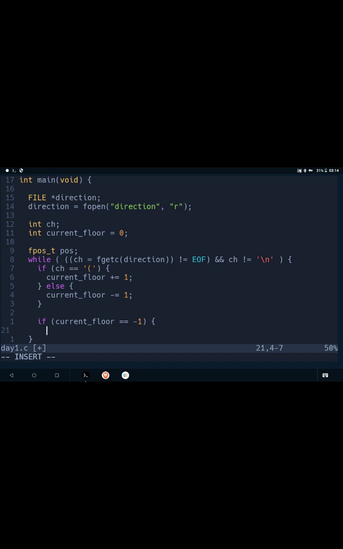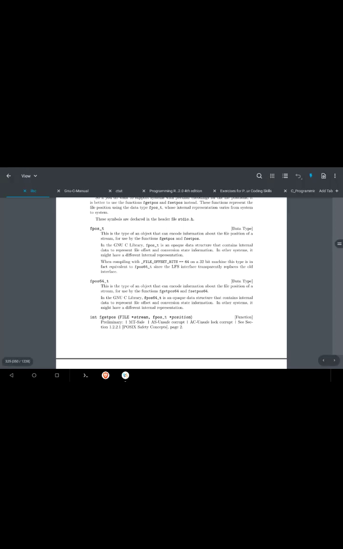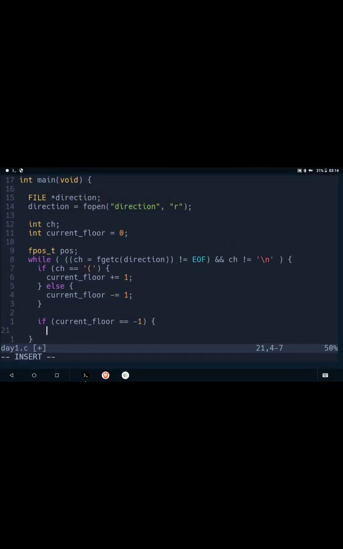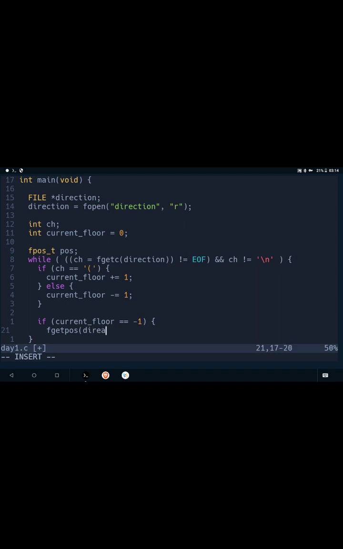we get the file position of the current position at which the stream is reading from. So we use the function named fgetpos. fgetpos points the stream is direction, and it needs a pointer to the fpos_t C type, which we should do this way, pos. All right. Then